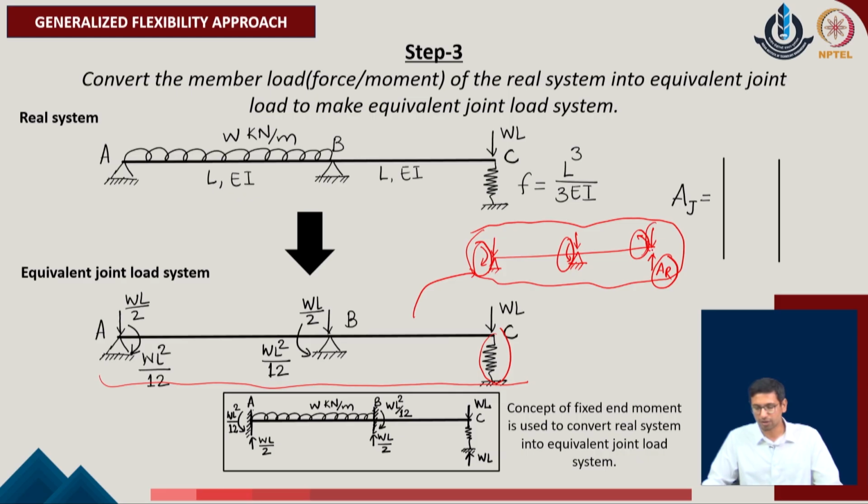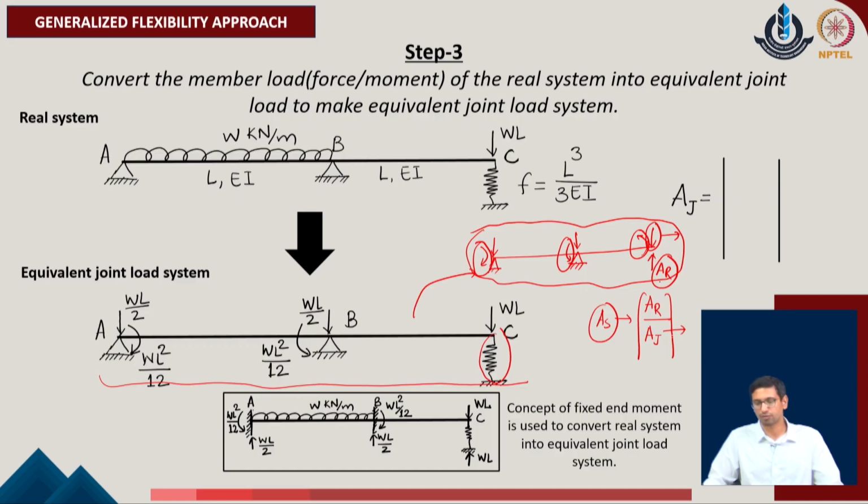Of course, there is a WL force which is also active here with respect to a partially restrained system, but if I just consider it to be fully restrained at one condition, I can simply say that the deformations active in the given problem are only due to the conditions of the restraints or the joint forces which are active as the A of S components in the given system. So, we understand A of S is a contribution which has two parts, the redundant system and the joint load system in the given problem.